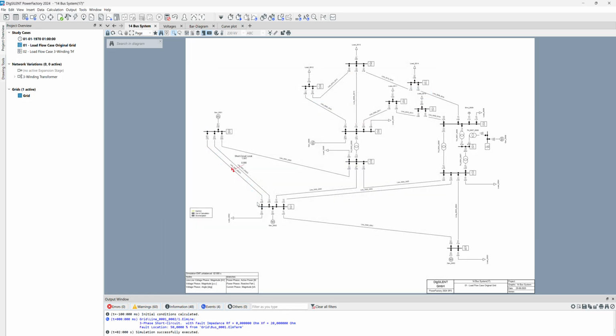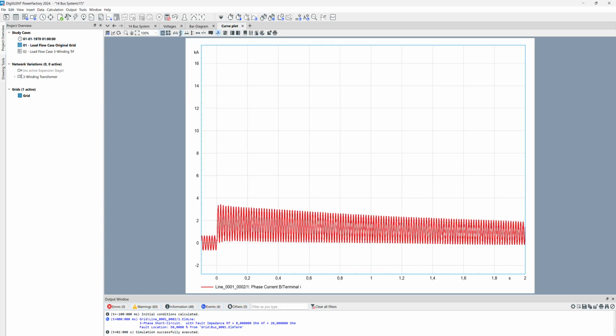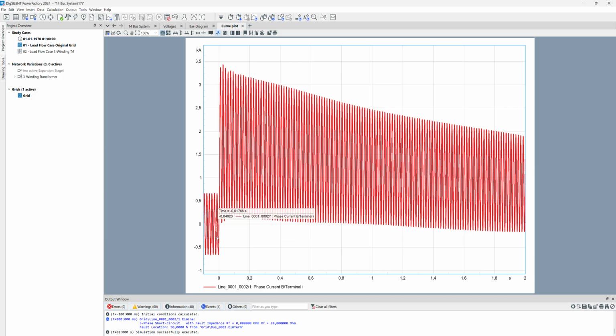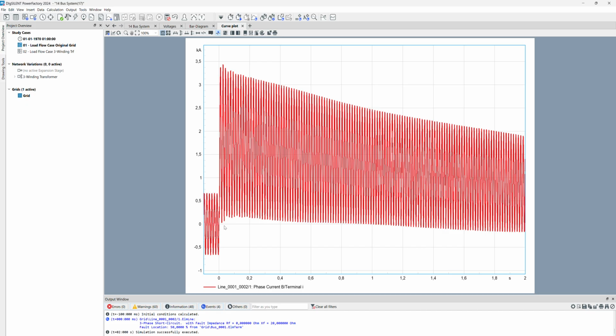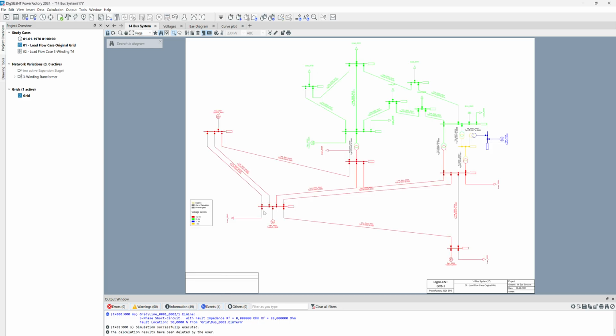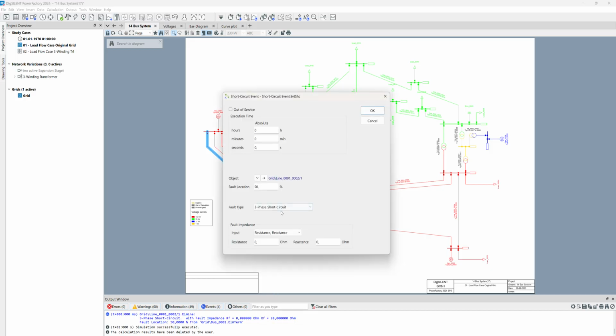at 20% of the line, and in this situation, if we see the current from this side, here we can see we will not have any touch of the zero value. You can see that the current will go high and will not touch the zero crossing point or have any zero crossing point until 1 second. So if we make a fault clearing event at zero crossing, for example, after